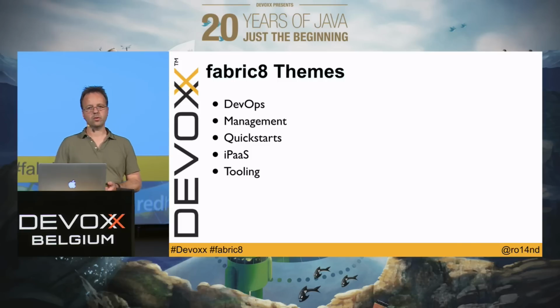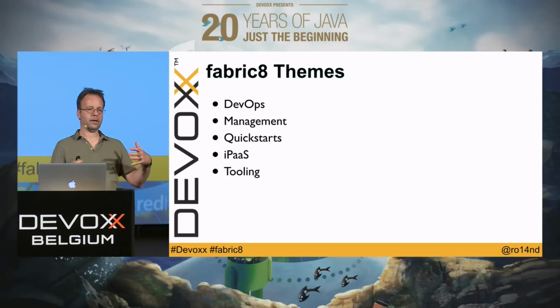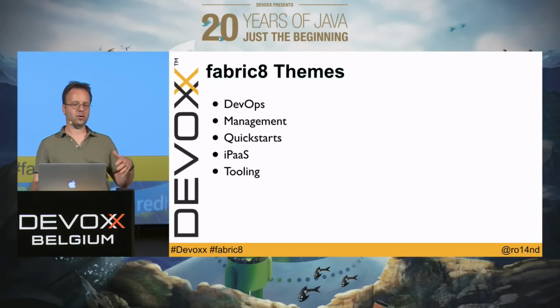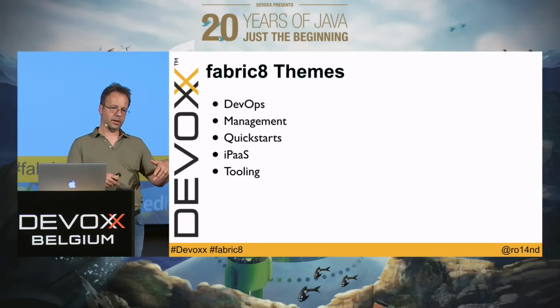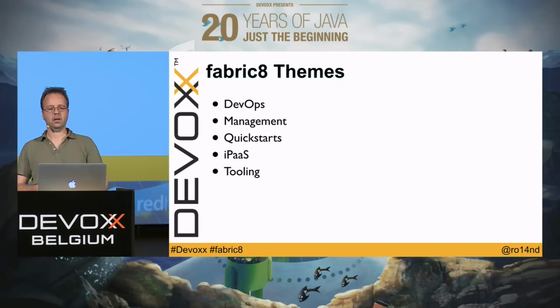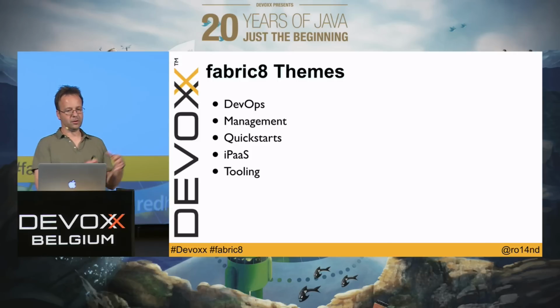Then there are management tools. There is a management console UI, which allows you also to inspect things. There are a lot of quick starts, which really enable you to start up not only Fabric8, but also a complete Kubernetes and OpenShift installation with one simple step. There is iPaaS, integration platform as a service. This I stands for integration, which is also again a set of microservices which play well together.